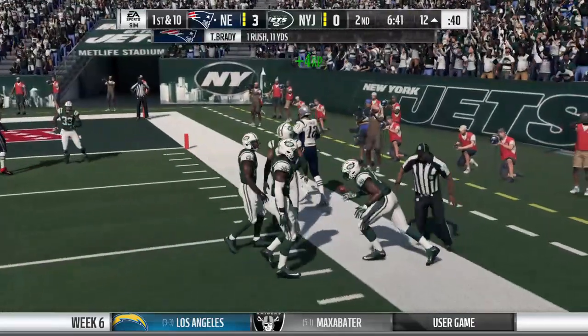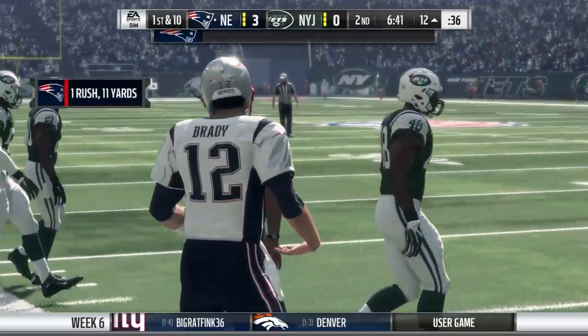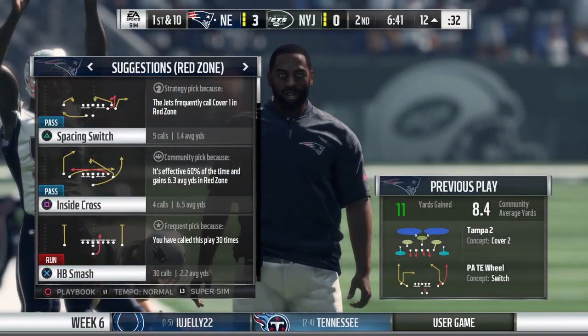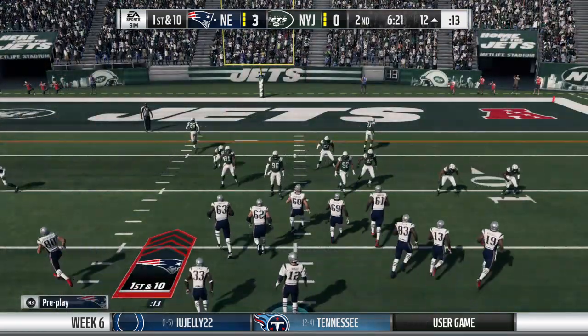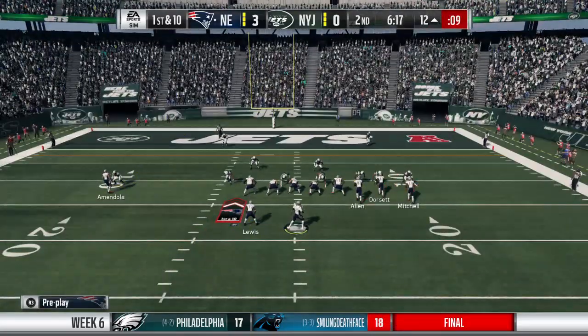And he is out of bounds, just a yard or 2 shy of the 10. 11 more on that one and another first down. That was an excellent job of recognizing the situation. His first read wasn't there. Heck, his second read wasn't there. But he bought himself a little extra time scrambling out of the pocket, got to the sticks, and picked up